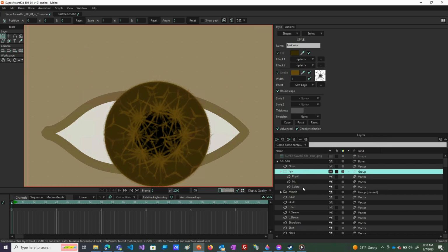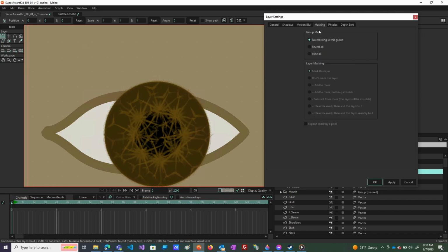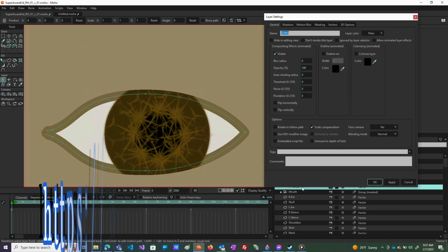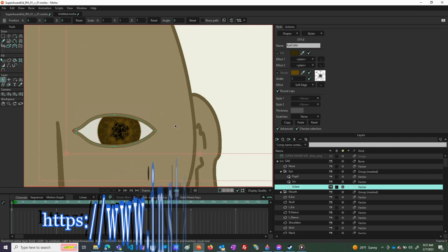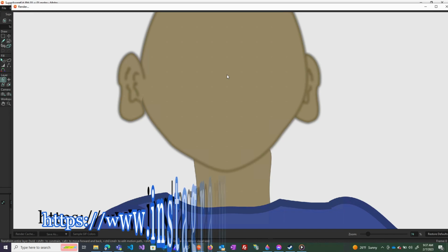And then we're going to make it a mask. So we go into masking, and we hide all, and apply. And that gives us our shape, but you can see our stroke is being overridden. So we go to the sclera, and we go to the masking, and we exclude strokes so that they're not covered, and apply. And there, now we've got our eyelid covering our eye, and we can go Control R and